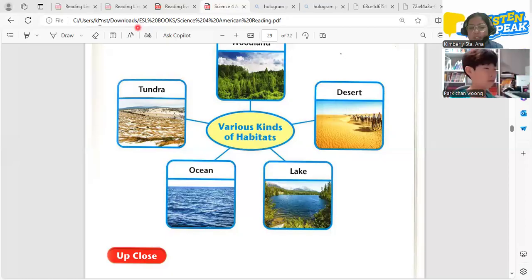That's nice. So let's have the next one. We have lake. What animal lives in the lake? Alligator. What else? Of course, I think fish.